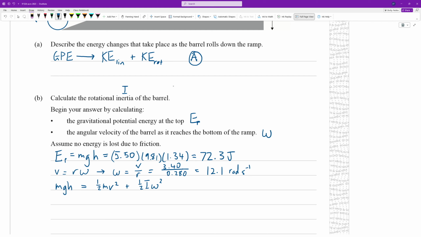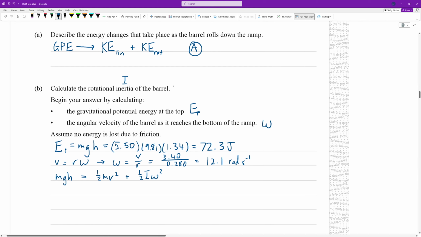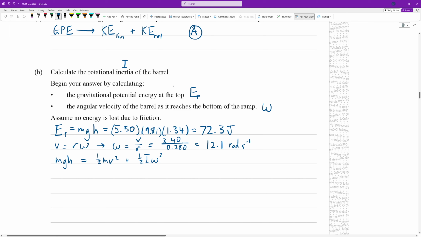Yeah, and with this equation, you'll note we know mgh, 72.3 joules. We know mass, we know linear velocity, we just worked out angular velocity, and so the only unknown is the rotational inertia. So substituting in,